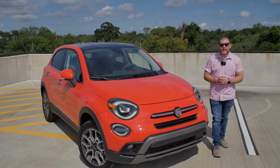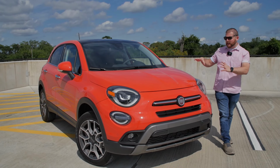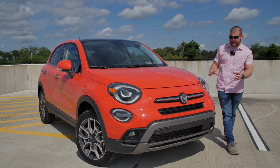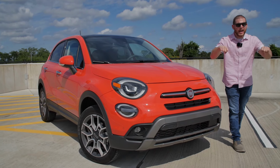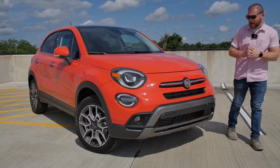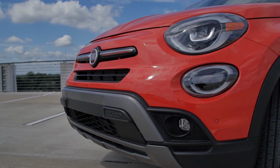So let's start off with the styling. Always important when you're talking about any Italian car. It looks a lot like the 500, has a lot of the same styling elements like the headlights and stuff, but it looks like Fiat has just taken an air pump and pumped up the 500 a couple of times. Because we have the Trekking, we have this silver trim down here,